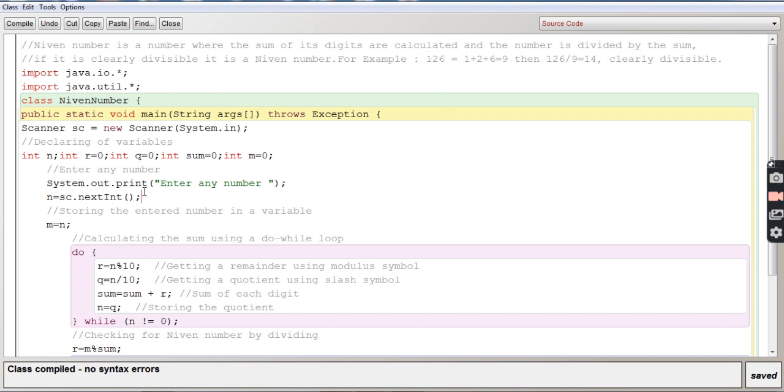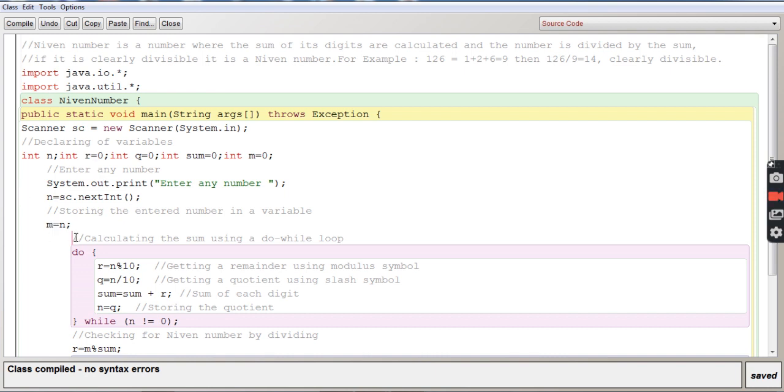Okay, and then we are going to store the same number in another variable. So n we have got 126 and the same n will be initialized to m. So m will have the value 126. Please write it in the copy when you check on the desktop. So m will become 126 now. You can write in the copy later on.